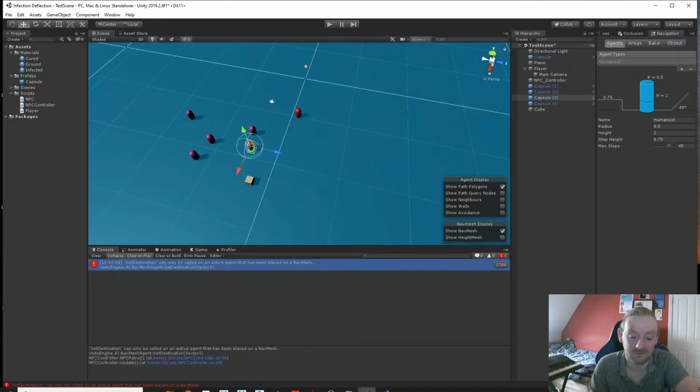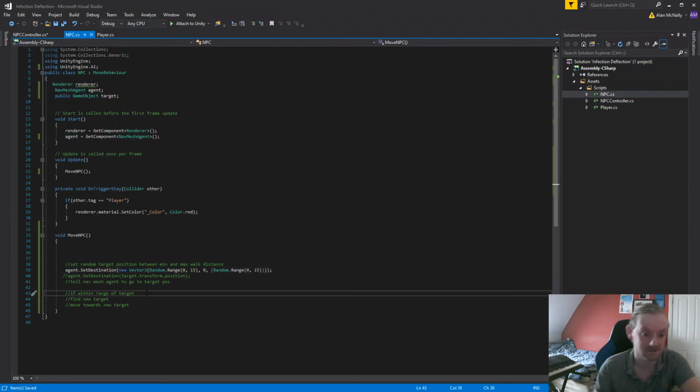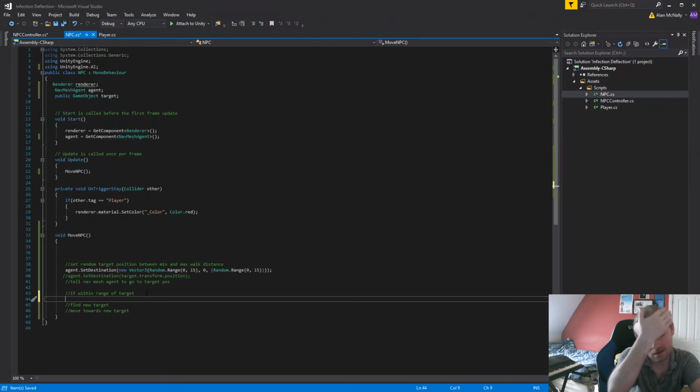Yeah. So we're going to have to put in if they get close enough, right? So tell navigation to go to target position. It's already done that, so... I'm not quite sure if this is working, but we'll leave it for now. If within range of targets, so... If...